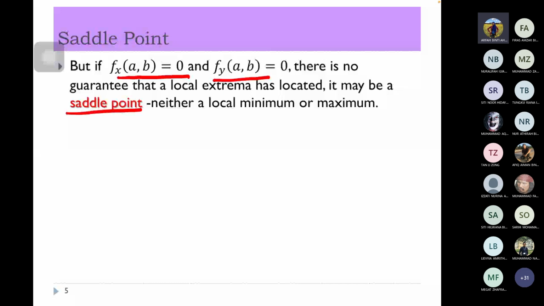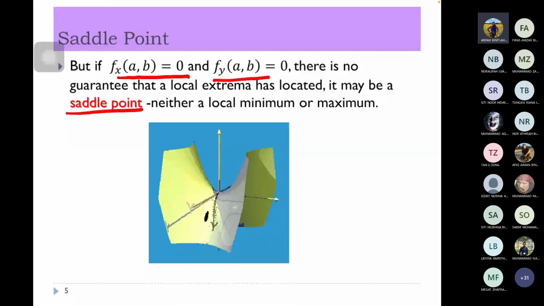Yes, maksudnya dia adalah satu titik yang kita dapat sahaja. Dia bukannya titik maksimum atau titik minimum. Maybe equation tu ada lengkung sikit. So yang kita cari adalah dekat the kelengkungan, the curve. Okay, bukanlah nilai sebenar local extreme atau local minimum point. Okay. So for example, if you have a graph to be like this,